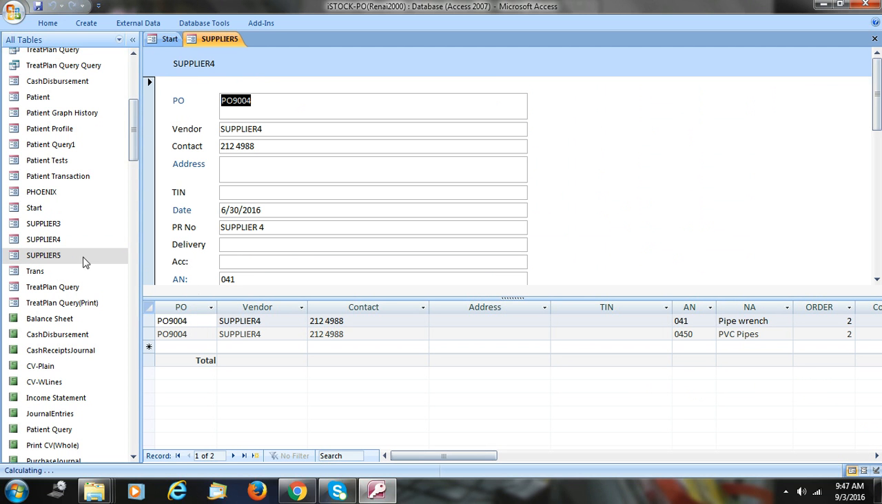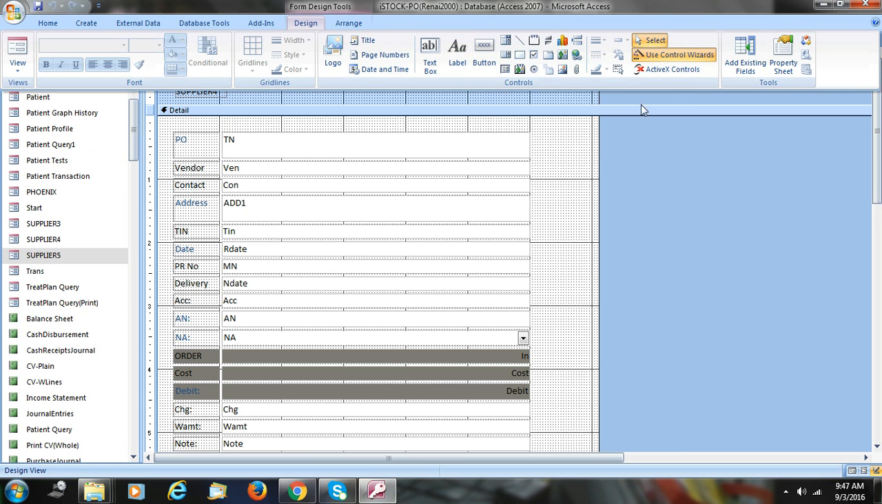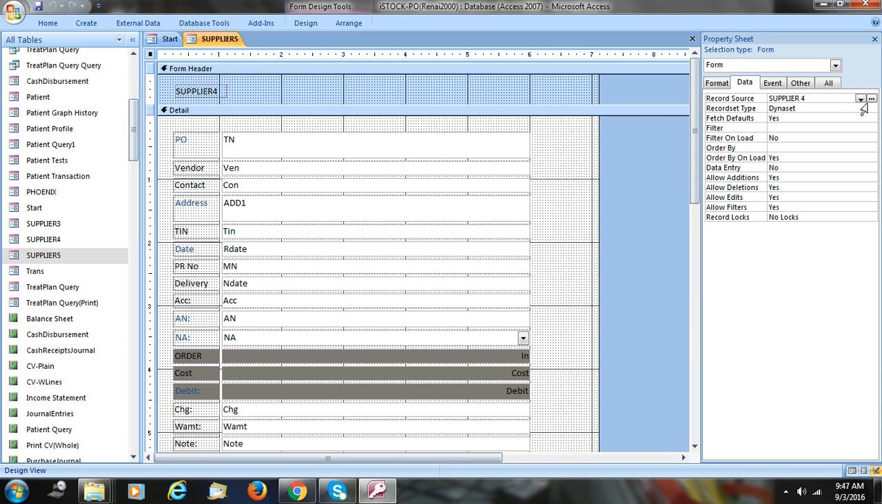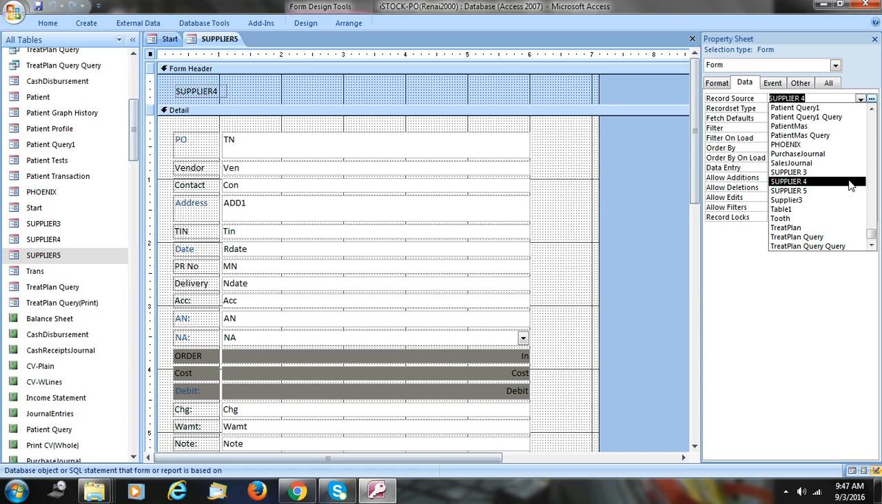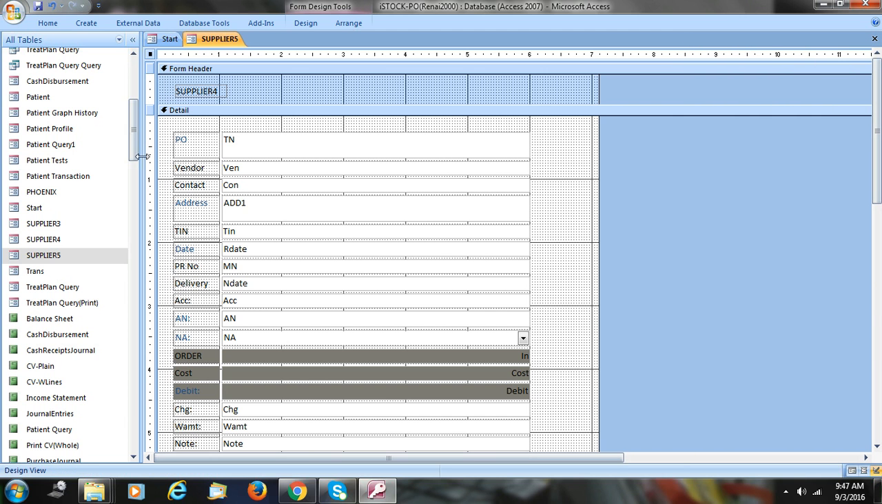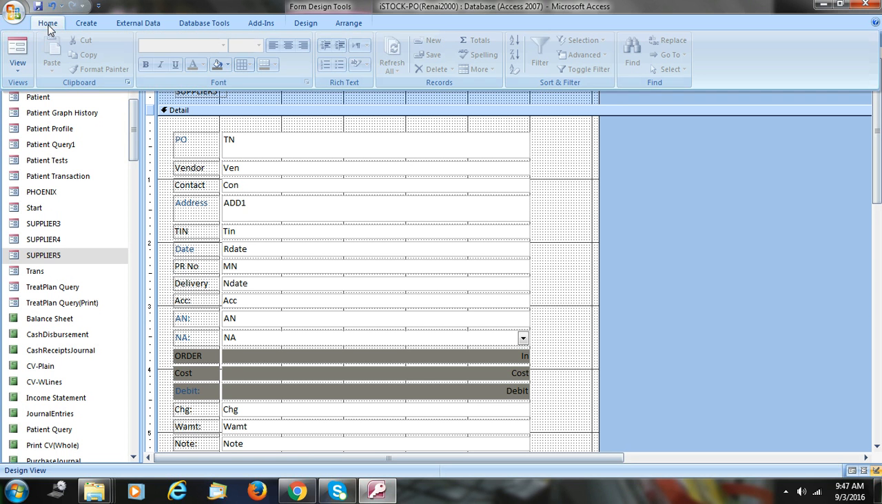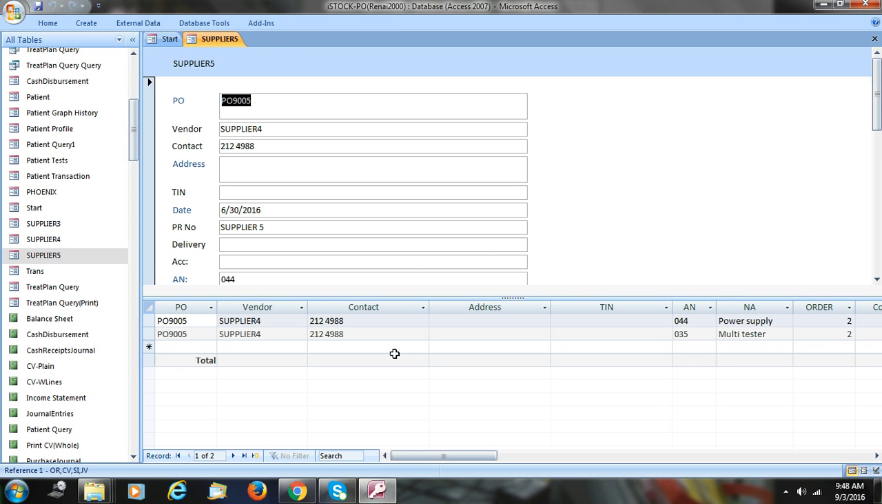So you have supplier 5, but once again the data is for supplier 4. So you change it by going to the design view and going to design and property sheet. There you change the file that you will be using. It's supplier 5, not supplier 4. And might as well, if you're here, you change this identification or title, which is also really the button for the report. So there, and then you go back to the form, you will see that this is now